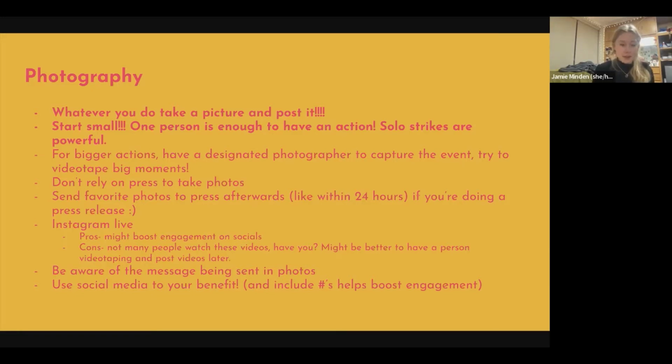For people to be able to see on social media, like, oh, this person just made a sign and went out and did this thing. It's really accessible. And that's what a lot of Fridays for Future is all about, getting people empowered to take action. So for bigger actions, like I said, a designated photographer is ideal,